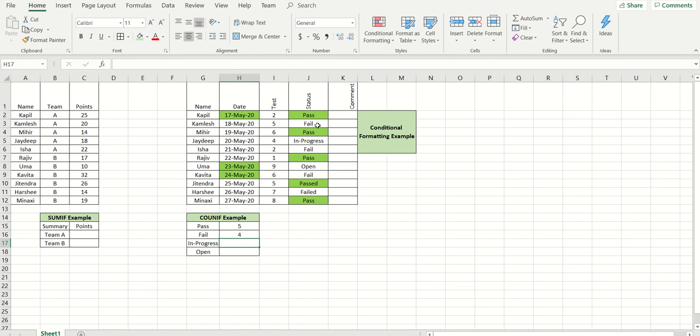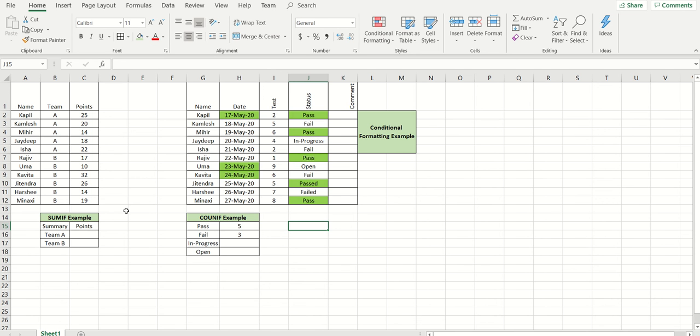So still the count will be 1, 2, 3 and 4. Here it is failed star. That's why if I want to count only the not failed one, then I can just remove the star. So this is a very useful function which you need to use whenever you're dealing with this kind of functionality.